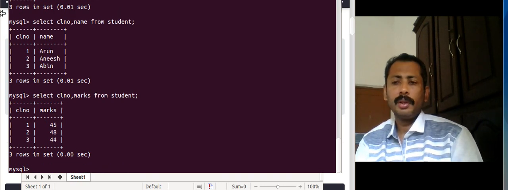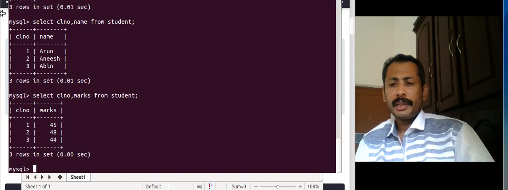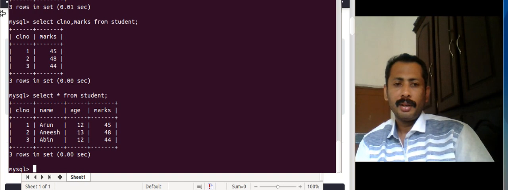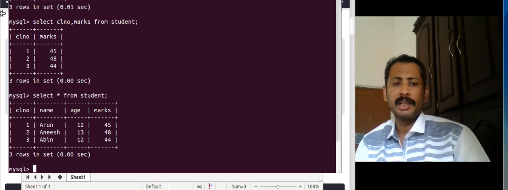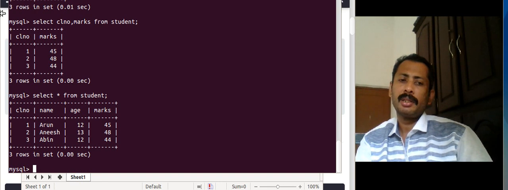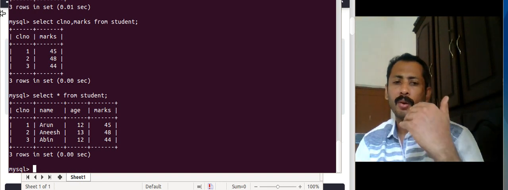Okay, so those two columns are shown. So selection can be done in multiple ways as we need. Depending on the data we need, we can give appropriate selection commands. So select star from student means selecting all fields.